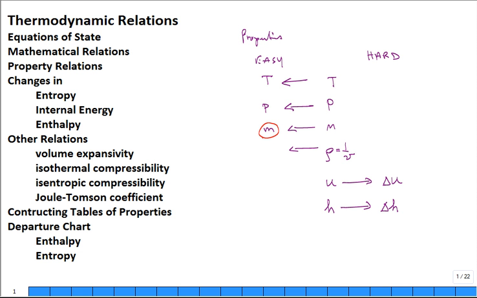And then entropy, easy or hard? Can you go down to Walmart, buy something to measure entropy? You could go to Walmart and buy something to measure temperature and maybe even pressure. They may have pressure gauges there. So this really, I hope, gives you a roadmap. It's how do I measure these hard properties? And guess how you measure them? You measure other things and then infer those values.